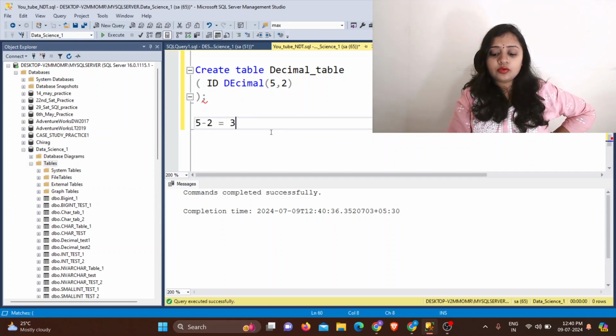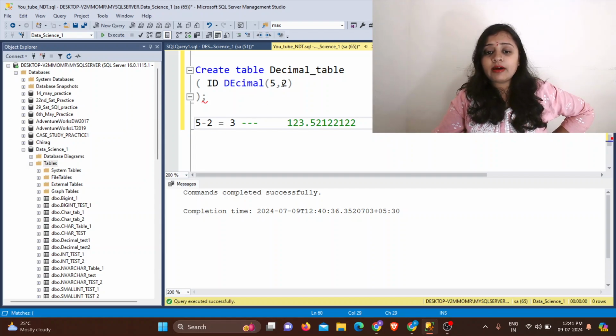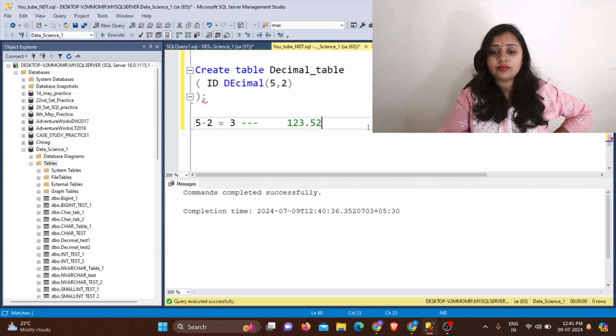So the rule is that before the decimal point, this is the decimal point, you can give 3 digits, and after the decimal point you can give 2 digits. Why 2 digits?